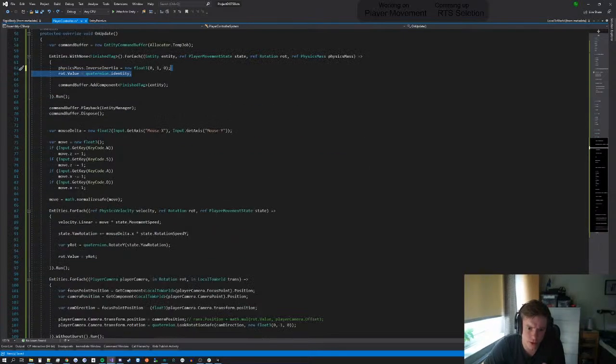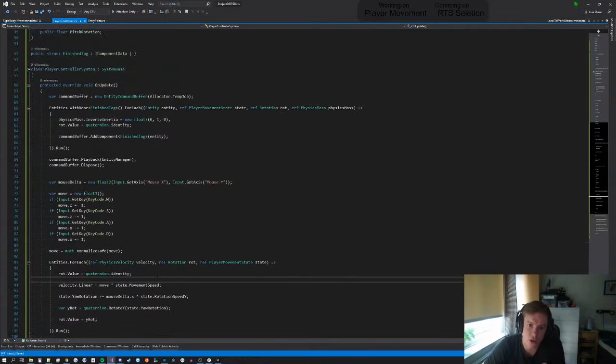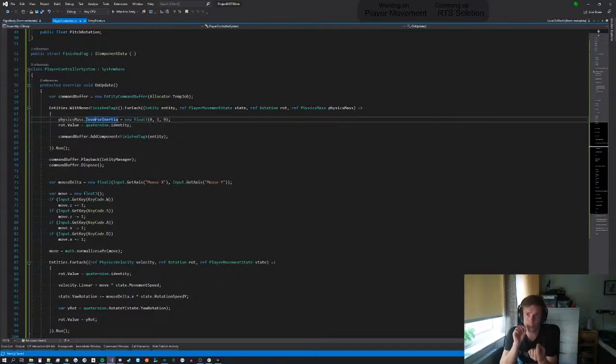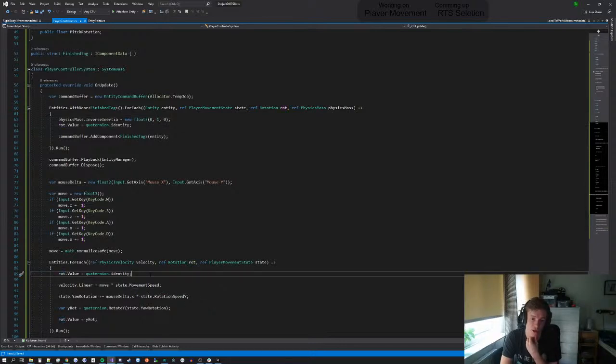We need to also do this. I'm going to explain why. Since we have this inertial tensor, we are not completely fixed in Y rotation because of a bug. So we have fixed X rotation, fixed Z rotation, but Y is just non-zero, and that's because there's a bug with this related to friction. Not friction like we have right now when we're falling slowly, just friction against other stuff. So because we allow it to rotate around the Y-axis, we need to reset the rotation